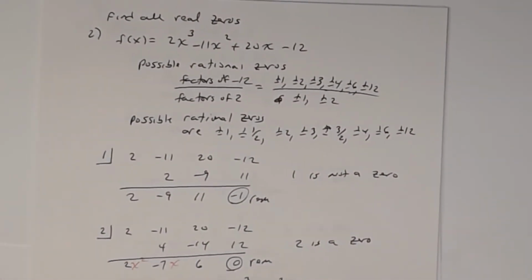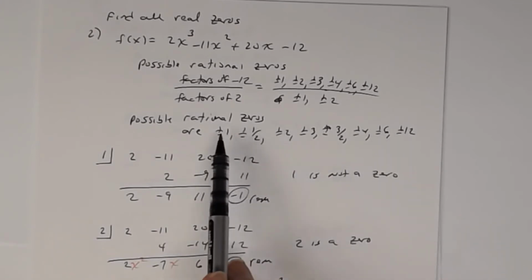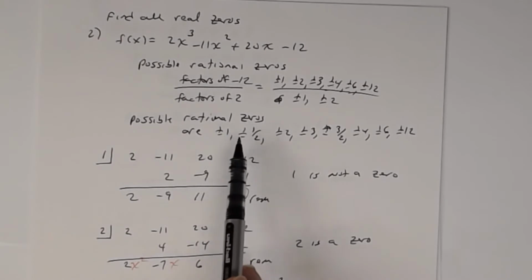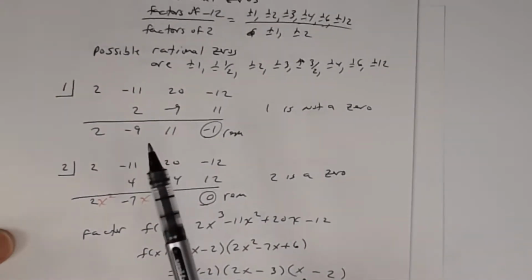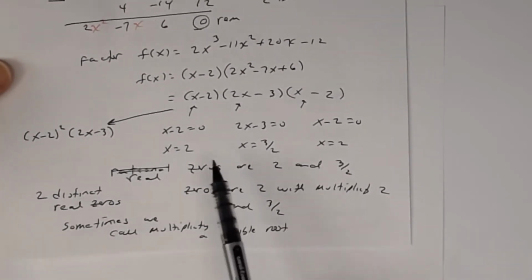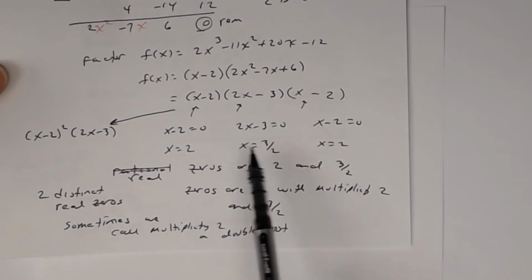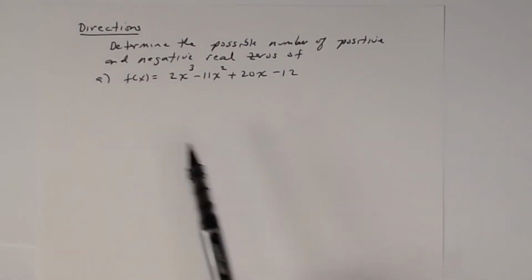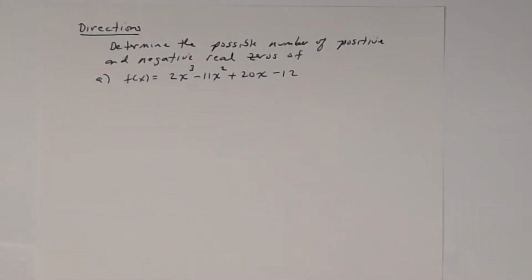So you may recall this problem where we found all these possible rational zeros. Now remember, a rational zero is a real number. It's a real zero. Okay? And so when we did this, we found that this function had only 2 positive real zeros. There weren't any negatives. So keep that in mind. So we're basically doing this example here. So determine the number of positive